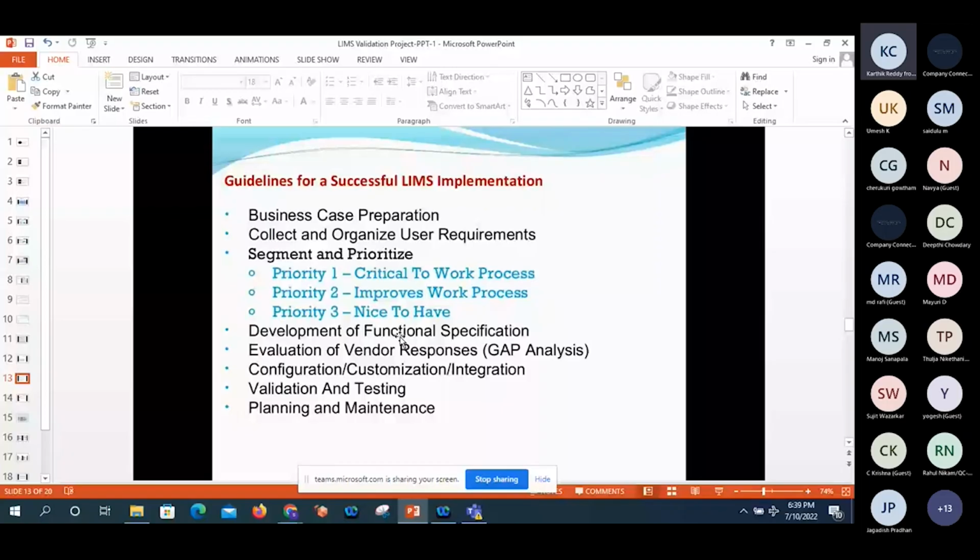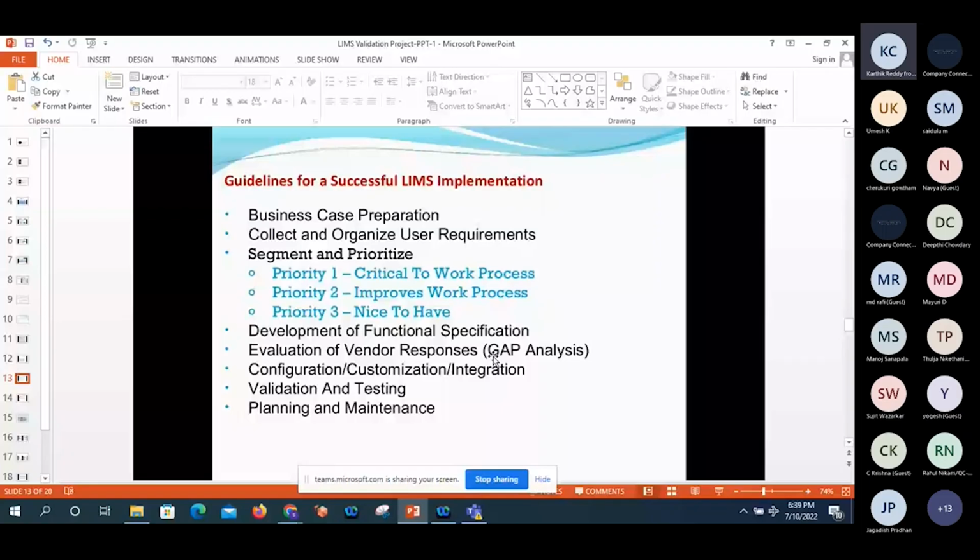In the FDD, flow diagrams are available. Those things we need to evaluate with the LIMS core team. So vendor responses are very important. I already explained that whenever doing the user requirement specification, development and testing environment according to the URS, there are some things that are not intended,